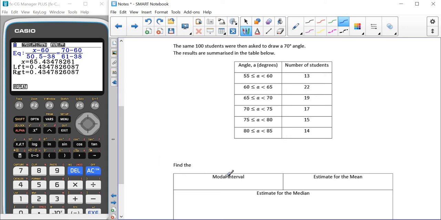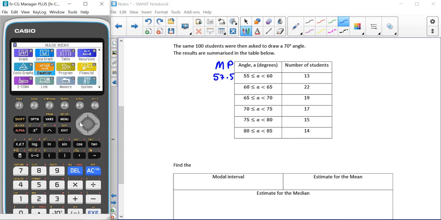So for the first two, we are going to have to find the midpoints of our intervals, as we talked about previously. So I'm just going to add a column onto the left hand side here and put MP at the top, which represents midpoint. Now for the midpoint, you're looking for the value that's halfway between 55 and 60, which is 57.5. If you struggle to know what the midpoint is, if you go into the normal part of your graphical calculator,